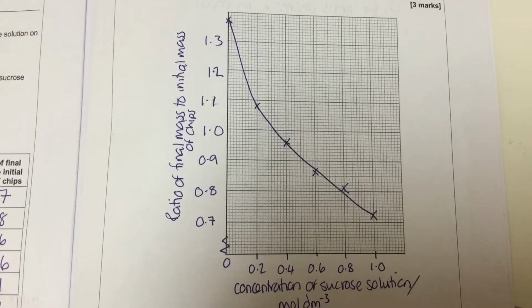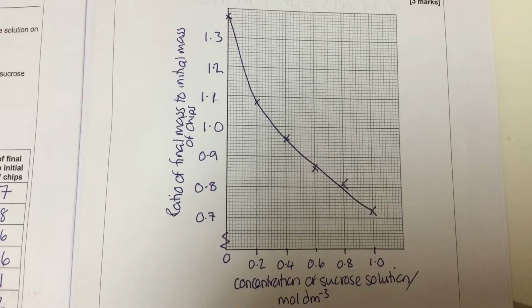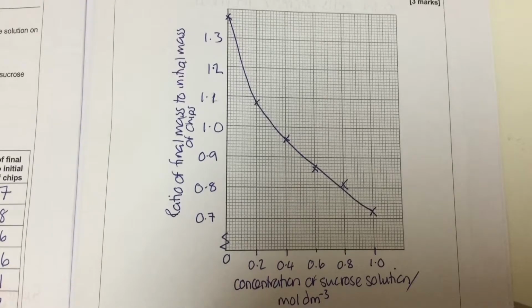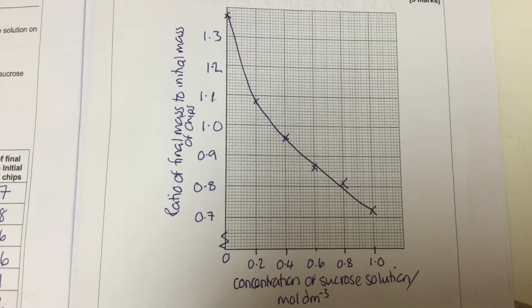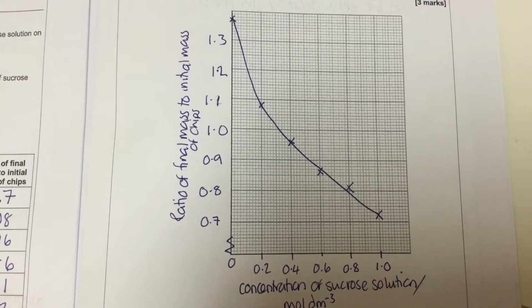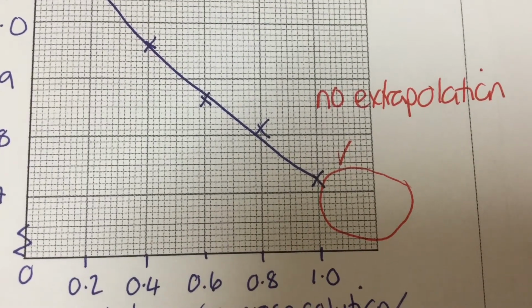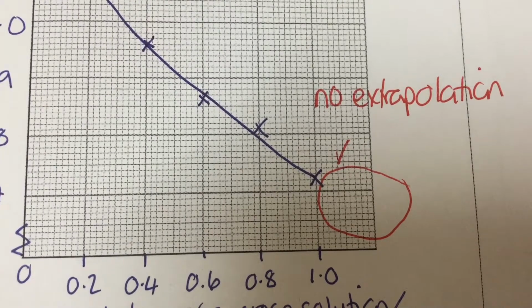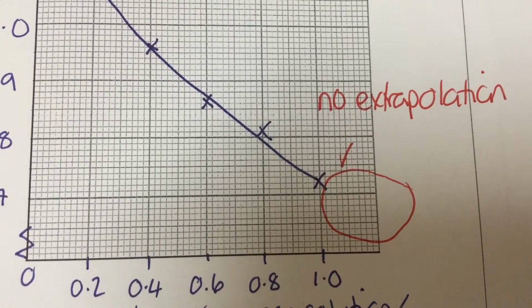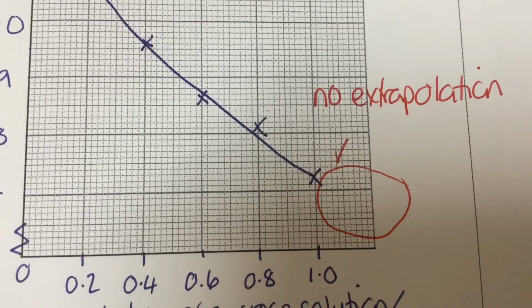So you got a mark for having the axes the correct way around with a linear scale, i.e. not a log, and with evenly spaced scale representing the same number of values as you move along the axes. You got a mark for labelling the axes with mole per decimetre cubed and with ratio. And you've got a mark for correctly plotting the values and drawing a suitable curve. Now the curve can be point to point because it's biology, so you can do it with a ruler, or you can do a smooth curve of best fit. Take care not to make your curve go beyond the points you've plotted. There shouldn't be any extrapolation.